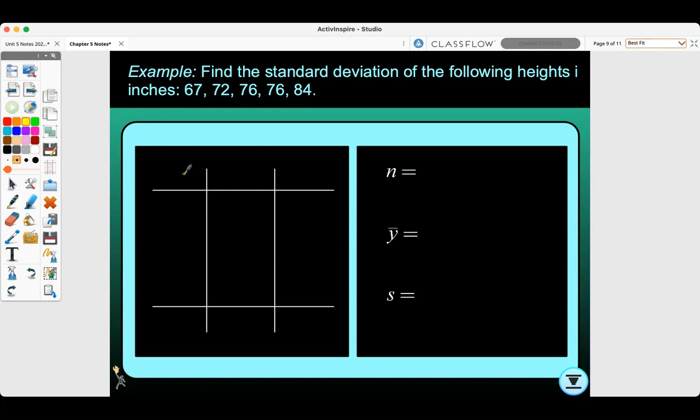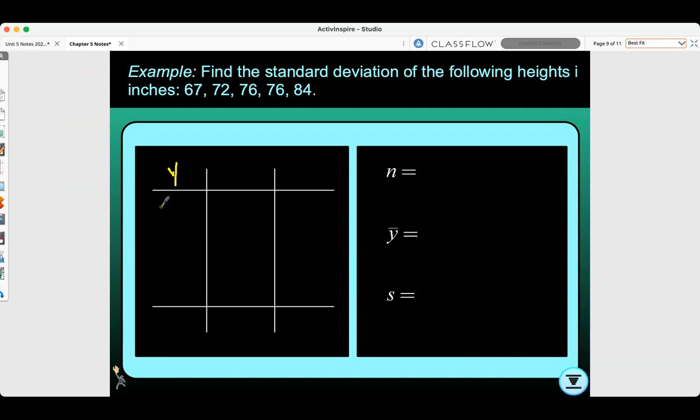So first, we would list our data values y, 67, 72, 76, 76, and 84. Add those together to get 375. So our sums will be at the bottom. N is 5. Y bar would be 375 divided by 5, which equals 75. And now to find our standard deviation, we first need to find y minus y bar,